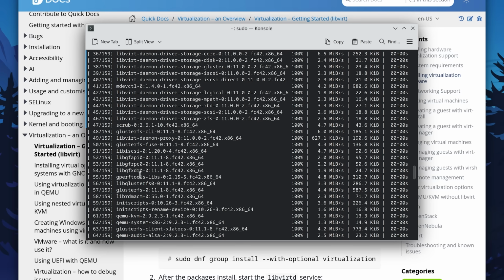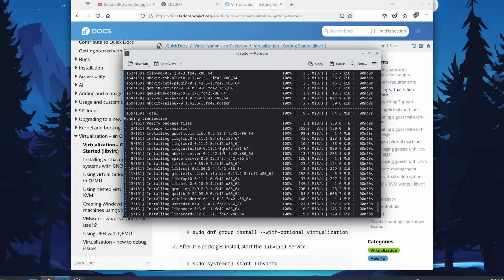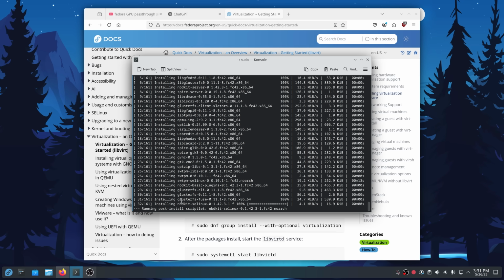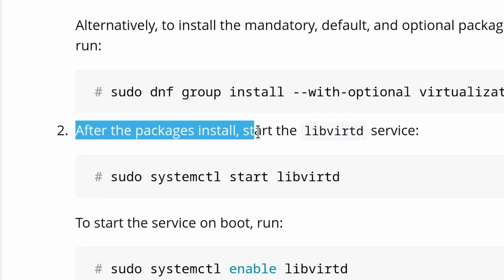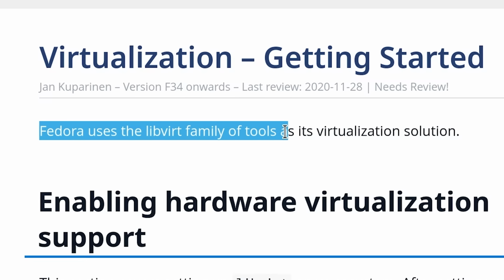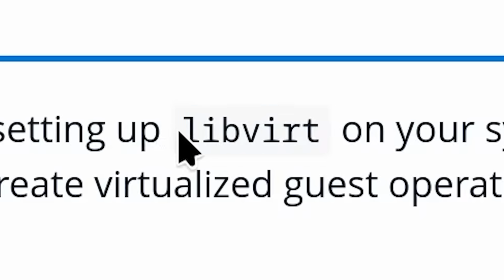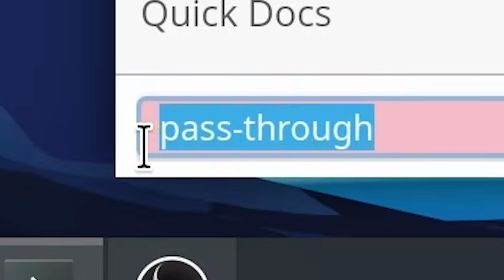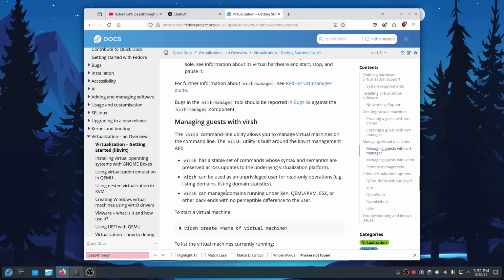There's probably a way to turn this off. I'm not going to bother now. So we should have everything from this one package only. After the package is installed, start the libvirtd service. Fedora uses the libvirt family of tools as a virtualization solution. What's the libvirt tools? Pass-through doesn't seem to exist on this page, so I'm not sure if that's the right